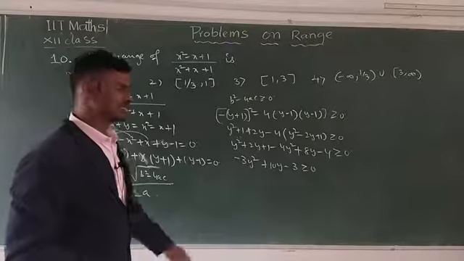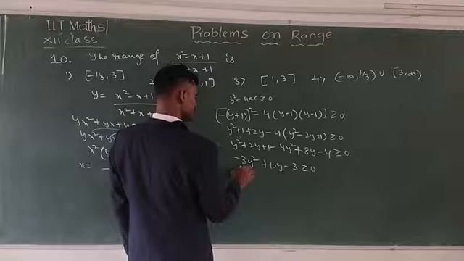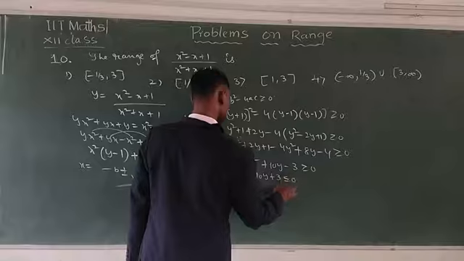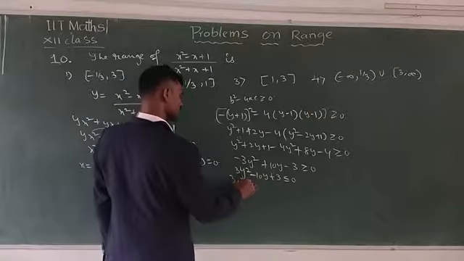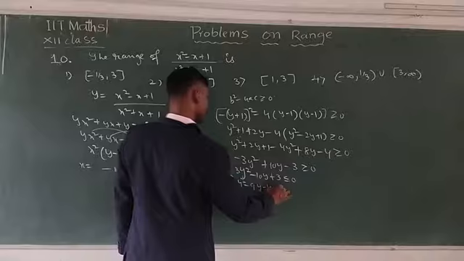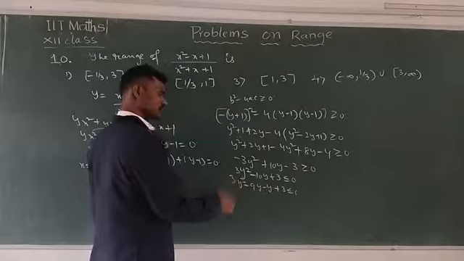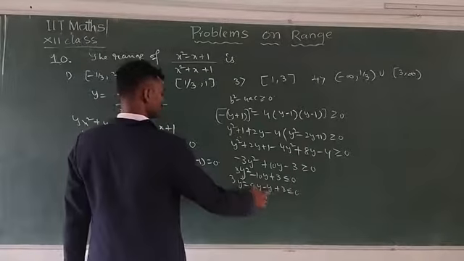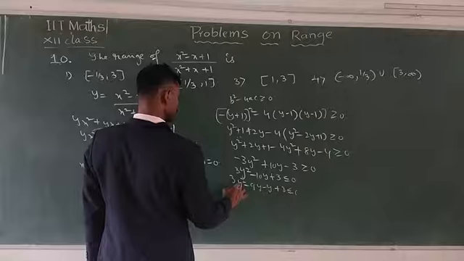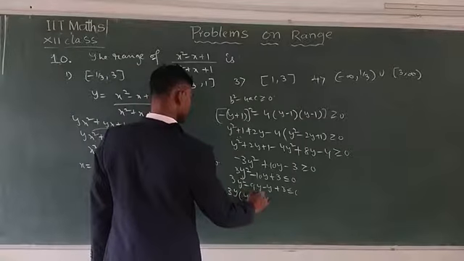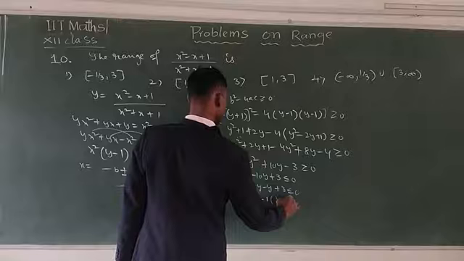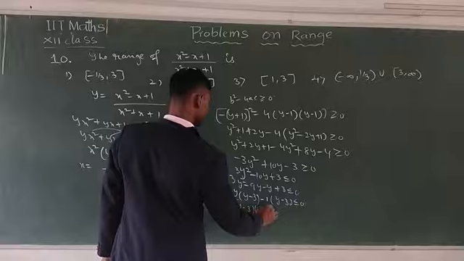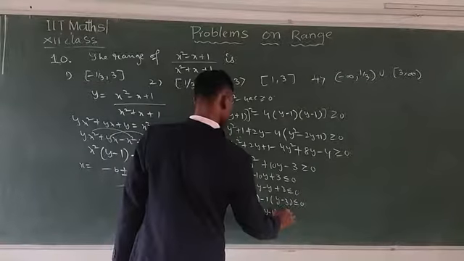Now what do we have to do here? Multiply by minus, so 3y square minus 10y plus 3 is less than or equal to 0. Now 3 threes are 9, so 3y square minus 9y minus y plus 3 is equal to 0, since minus into minus is plus and 3 times 1 is 3, and 9 plus 1 is 10. In these two terms we can take 3y common, then y minus 3, and here minus 1 common, y minus 3 is less than or equal to 0. The whole term y minus 3 you have to take common, then it is (y minus 3)(3y minus 1) is less than or equal to 0.